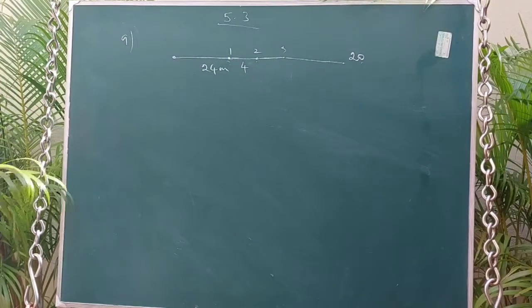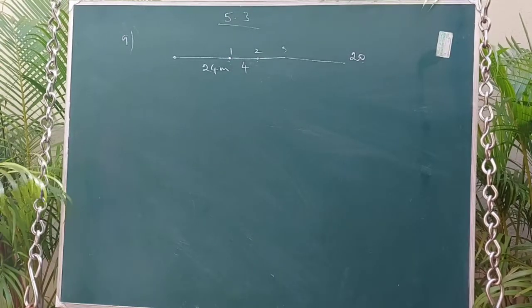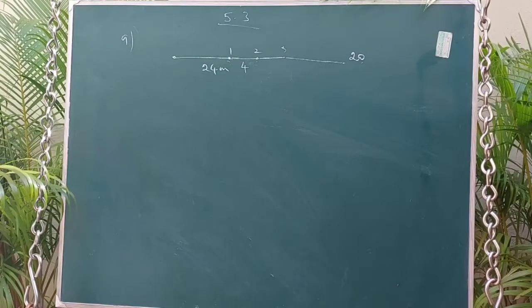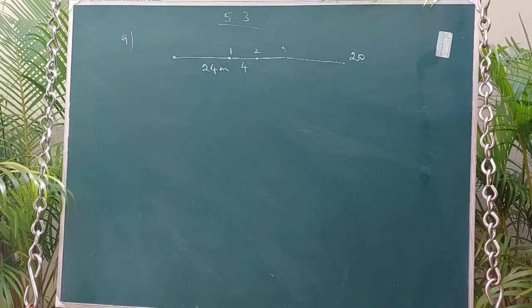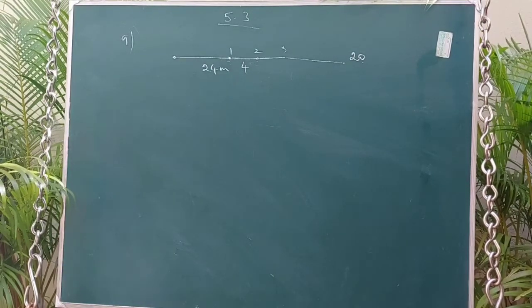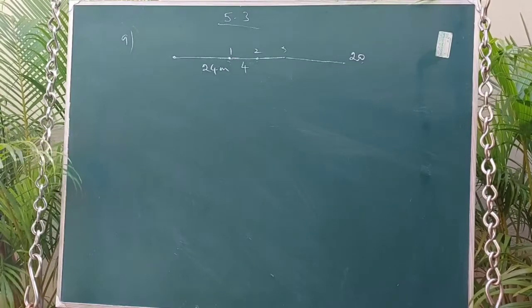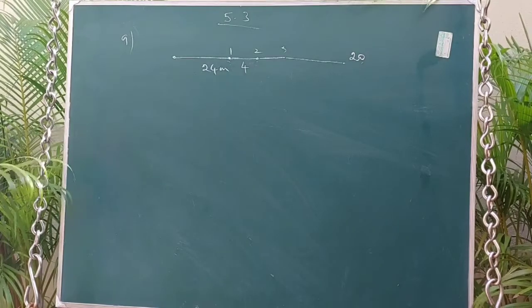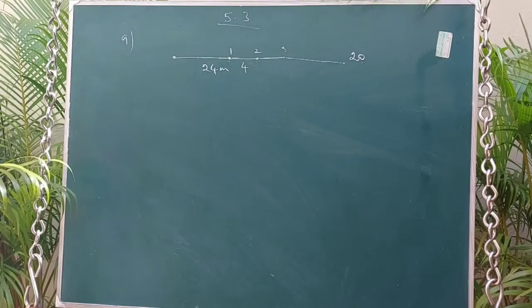So from the given information we observe that it forms an AP. The series of numbers forms an AP with the first term a equal to 48 and the common difference d equal to 8. There are totally 20 balls, so n equal to 20. To find the distance traveled by the contestant to bring all the balls is S20. Already we know the formula for Sn: n by 2 into 2a plus n minus 1 into d. So use that formula.